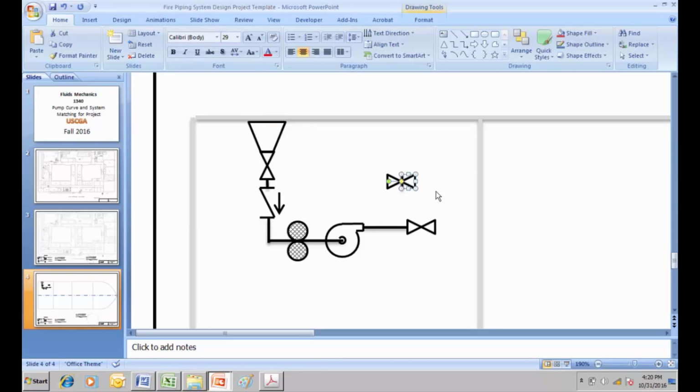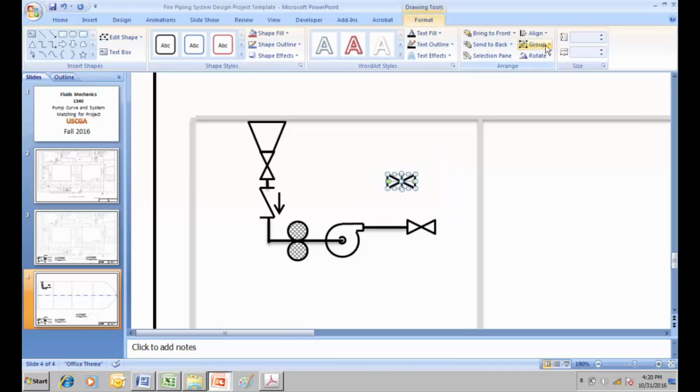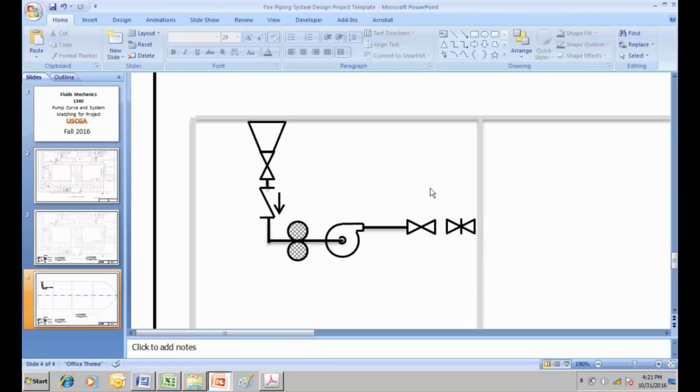Maybe, here we go. It's too close to it. Let me see. I'll move this guy over here and I'll use him. I'll format him. There you go. I got rid of that silly shadow. And now I'll click on top of these and I'll grab all of them and group them again. Okay, so now we have a gate valve, and I believe the requirements of this project is that there's a